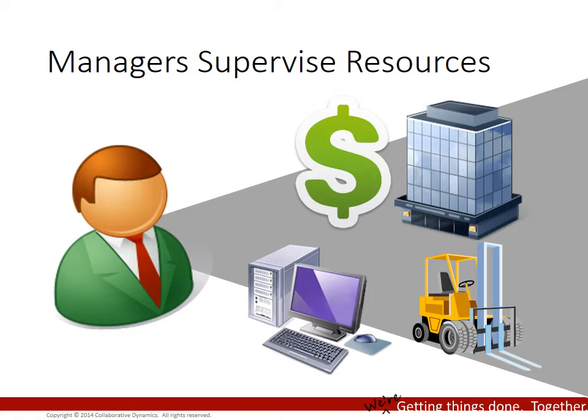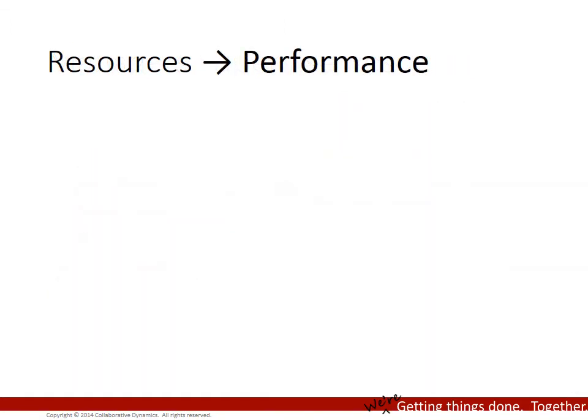And then managers might also be responsible for equipment or other types of physical resources. If you're a manager within a manufacturing environment, this might take the form of a forklift. However, if you're in an office, that equipment may take the form of photocopiers and printers and office furniture and things along those lines, those physical pieces of equipment that are needed in order for the organization and the people within that organization to do their jobs effectively. So managers are responsible for not just people, but also many other resources as well.